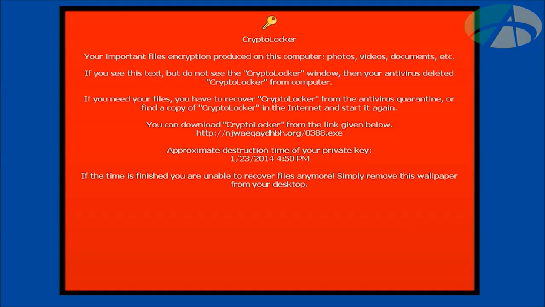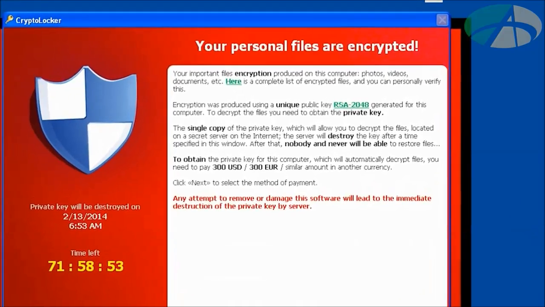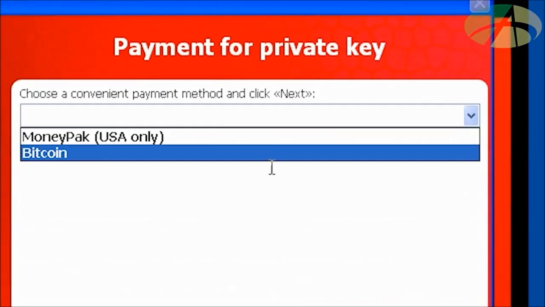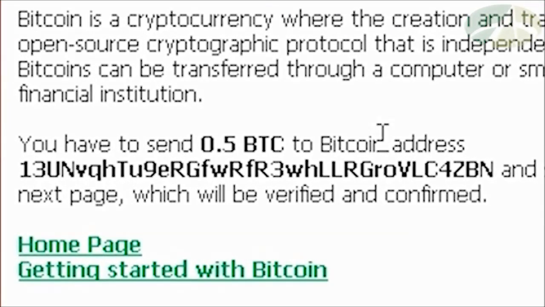data files. If the victim is prepared to pay, then he or she can follow the instructions to buy bitcoins using euro or US dollars for payment. Cryptolocker even includes links to the Bitcoin homepage and getting started instructions on how to pay, for those victims who